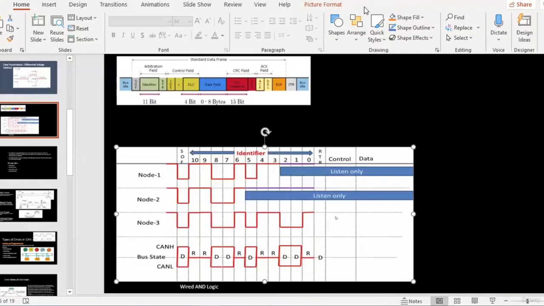So each and every node has their specific timing in which the node would be transmitting the messages. Nobody can transmit the message out of their timing. So that way the collision is avoided.